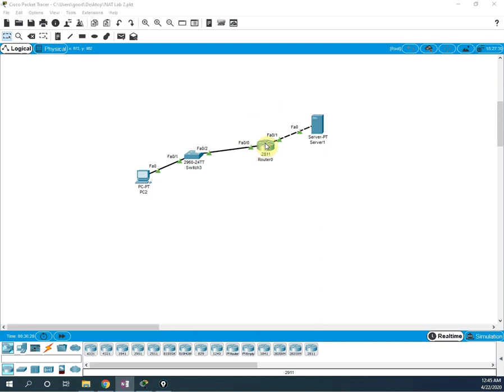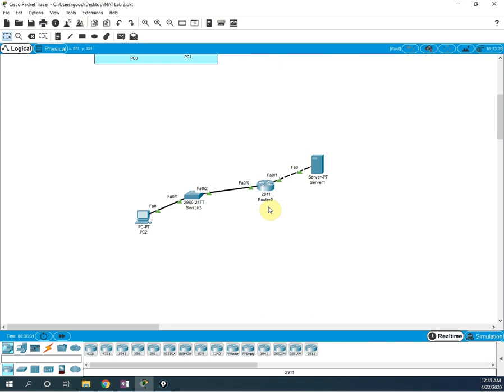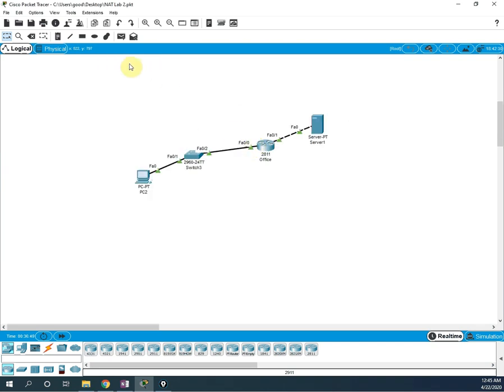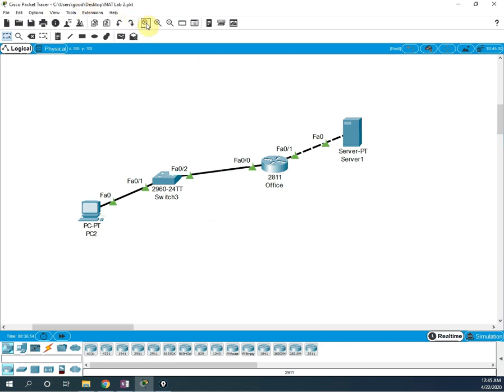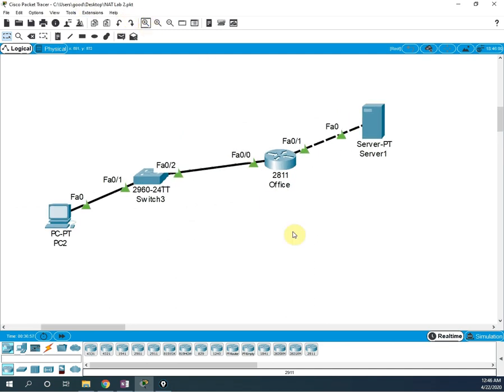Okay, so this is a router. Let me change the name to R1. Okay, I already used R1 here, that's why it is not accepting it. So let me write any name. I will write that this is a branch office, so let me write office, no issue. In this router I am going to configure SSH. Let me maximize so you will have a good view of the diagram and you can enjoy the video. I hope you can see the diagram.